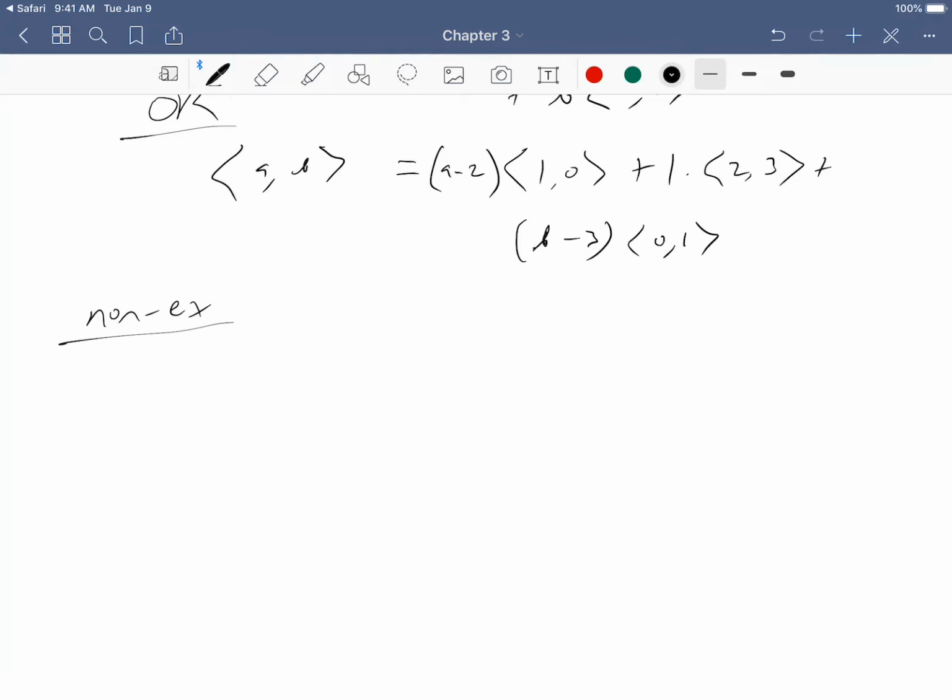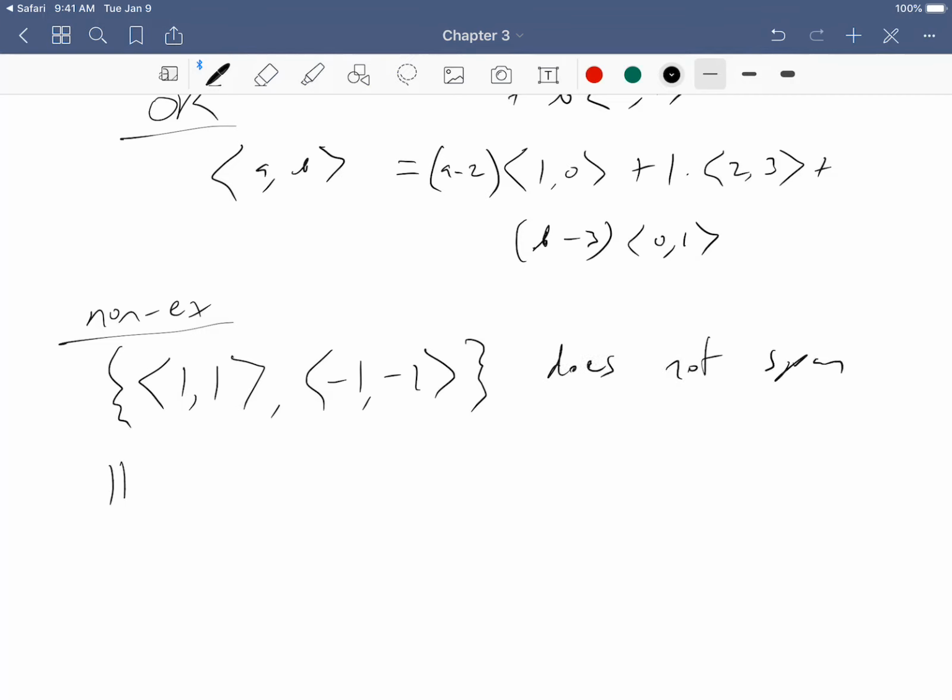All right, so a non-example. The vectors 1, 1, and minus 1, minus 1. So this set does not span R2. Okay, and one way to see that is to say, all right, if I'm going to take those two